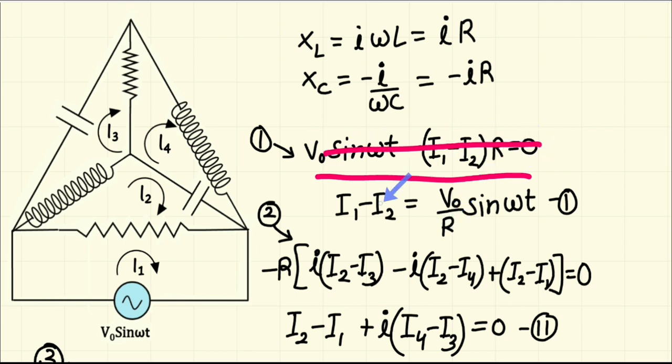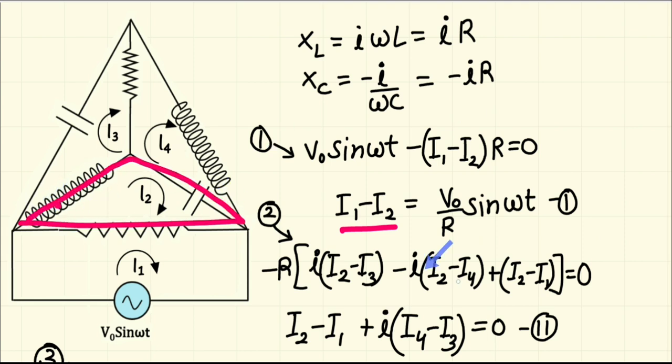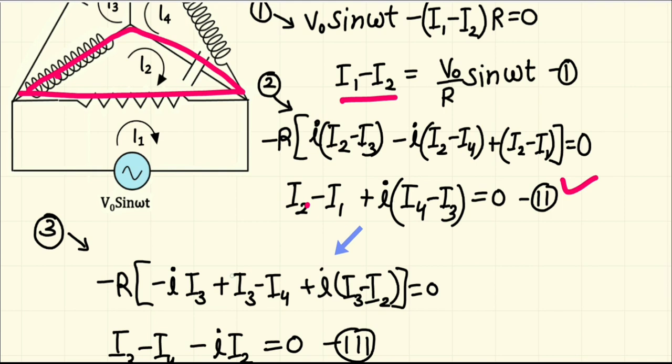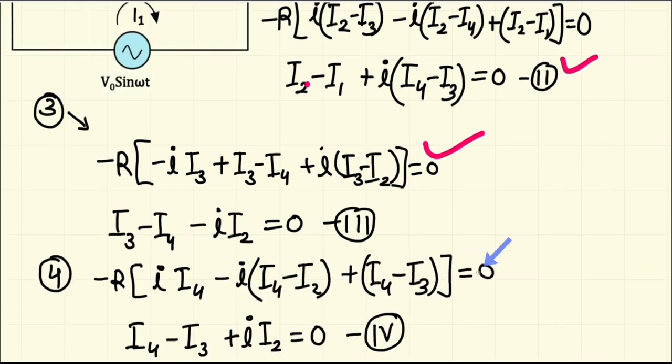So of course in the first loop we have this equation here, right? From the first loop we get I1 minus I2 equal to this much. So this is my first equation. Very similarly, if I take minus R common, I am writing the equation of potential drops across all the elements in one closed loop. So now I'm taking the second loop here. In the second loop, we'll write something like this, and we get the second equation from the second loop. Similarly, I write the equation of potential drop in the third loop and in the fourth loop.